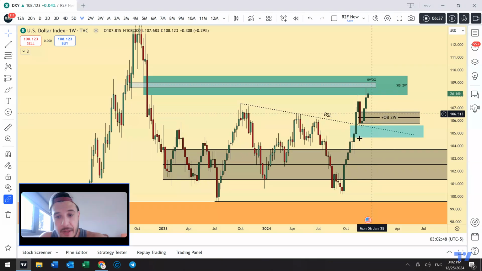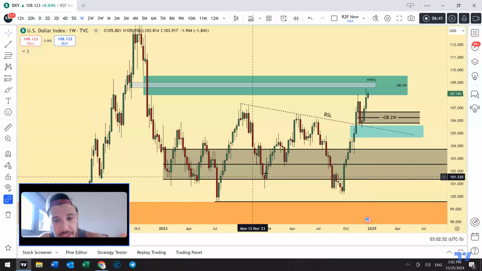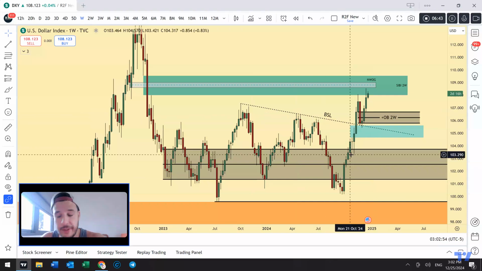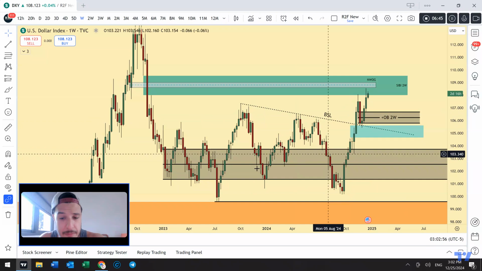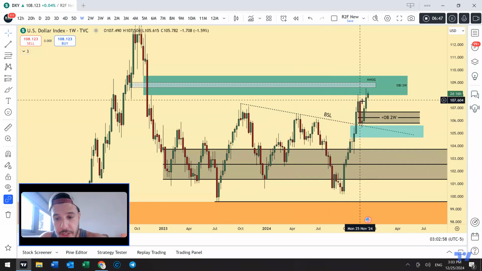Why is it not coming back deeper into this? Yeah, it doesn't have to, because look how many times price has chopped around this area. Fair value has been offered many times inside this range. So we break out of that range, we find support here, and then we move up. That is when conventional support and resistance